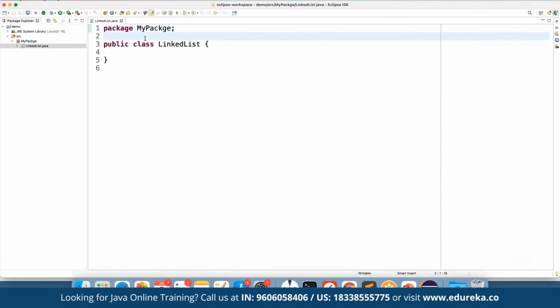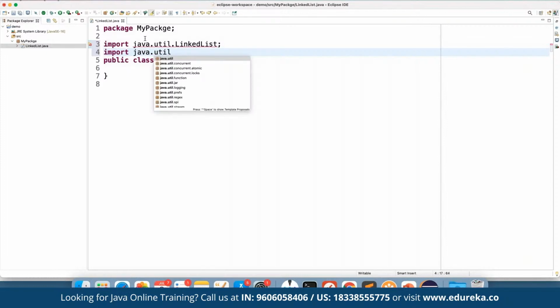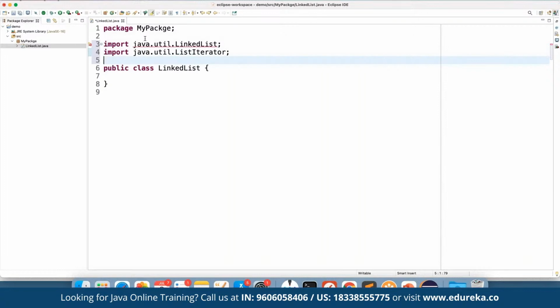Now, in here, we have to import the package as well first. So here we can define import, and then we are going to import java.util.LinkedList. And then we also have to import java.util.ListIterator. So these two components are the ones that we are going to import. From java.util, we first import LinkedList and then the ListIterator component. Now, just to avoid confusion, because linked list might be confused with the class,